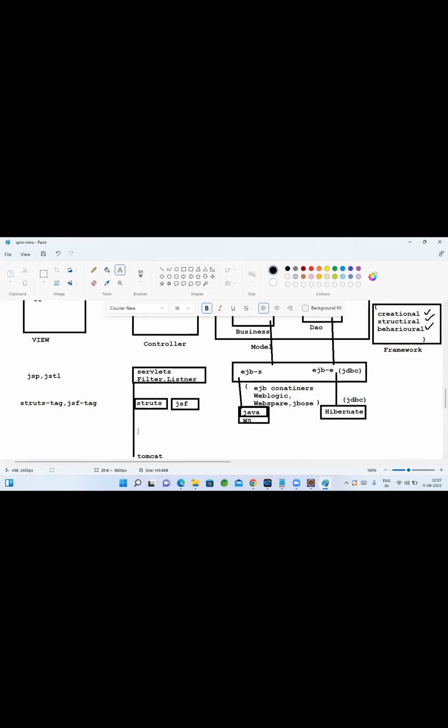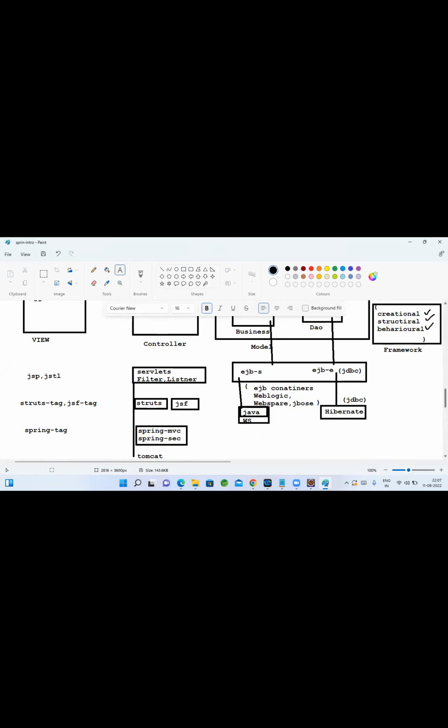And Spring also came into the market. Spring gave support here. Particularly for the controller part, they gave the Spring MVC module. And for doing validations and all, Spring gave one more module called Spring Security. From the Spring framework, these are separate modules that we have. We can use them for the controller part. Spring also gave tag libraries here. Spring tags are also provided. You can use the Spring tag library for your view component.